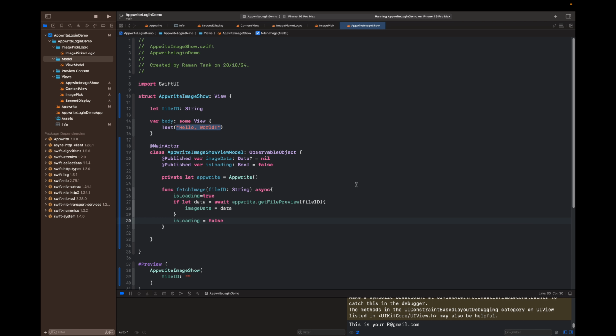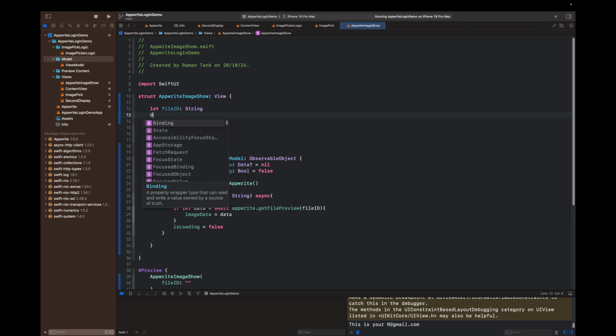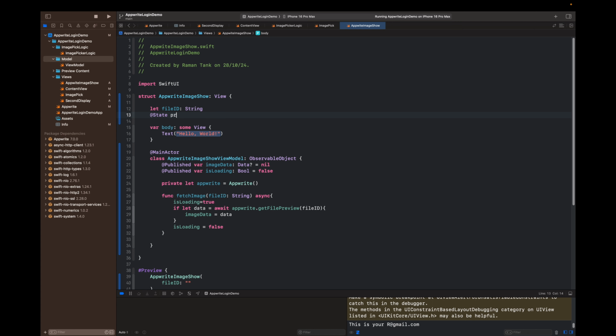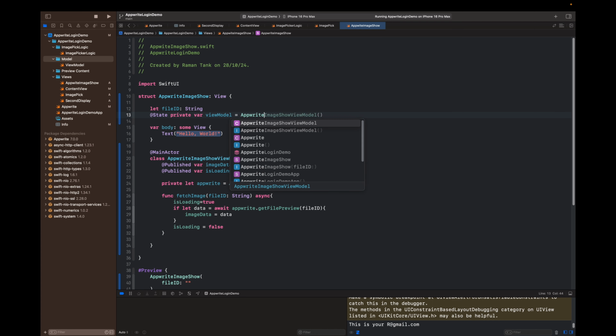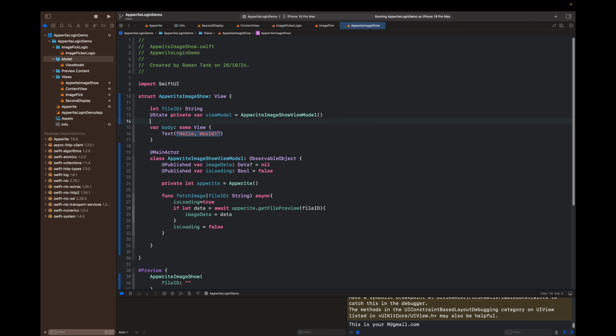That's probably it. Now let's run this. Now let's do one thing. I'll have a state, because it will update the state as well. Private var viewModel, let's say this is the view model of AppwriteImageShowViewModel. Now at the text